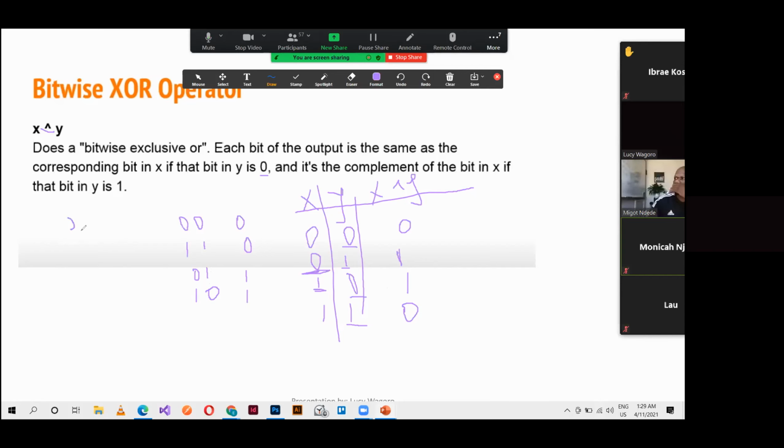So let's have our 3 exclusive or 2. So our 3 is written as 1, 1. Our 2 is written as 1, 0. So the result here is, what is this? Somebody? 1. Thank you. And this? 0. So in binary, or in bits, or in base 2, this is the way we write a 1. So we are saying 3 exclusive or 2 is a 1.